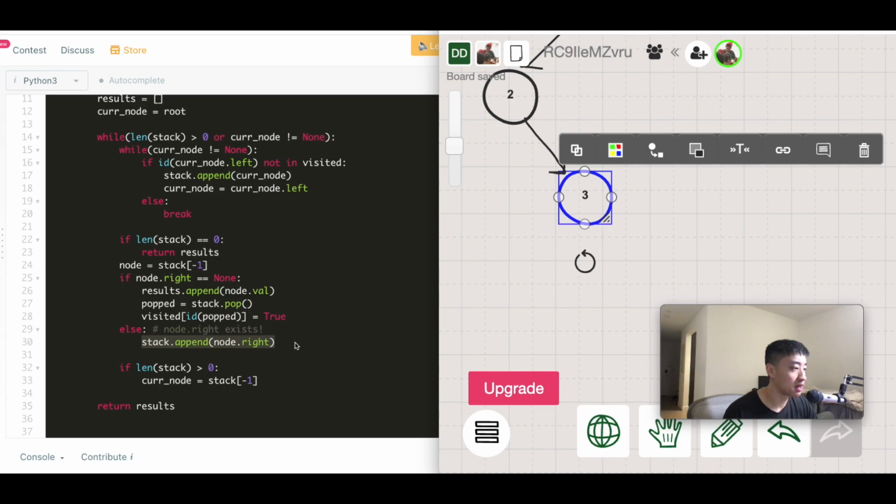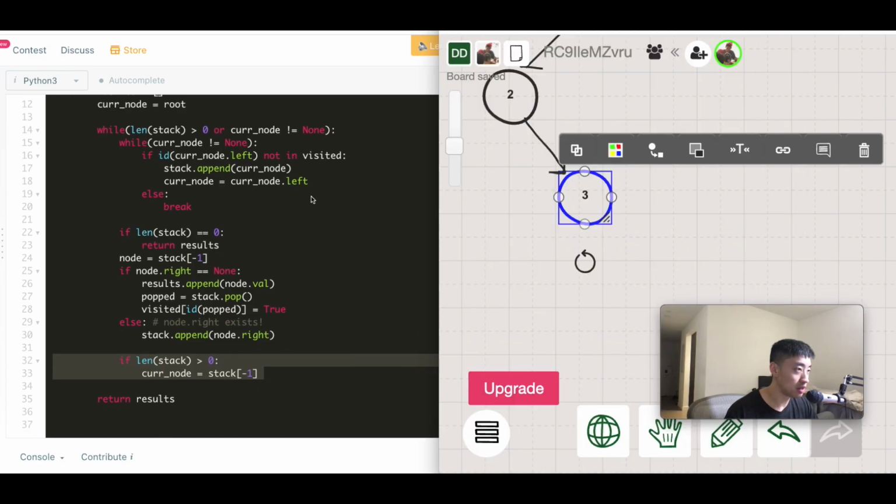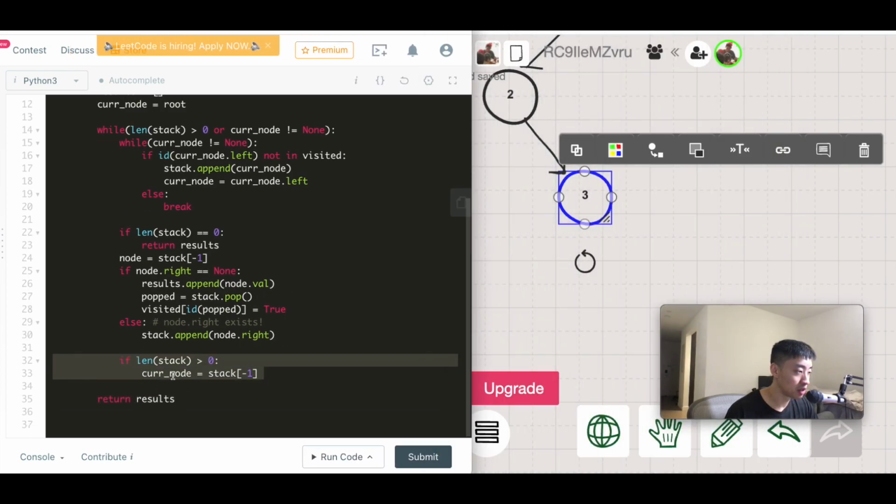Say we append to the stack, and let's say we've appended it. If length of stack is greater than 0, which it is, then current node is, let me make this smaller so I can click into both. Current node is going to be pointing to 3 in this case. I'm skipping ahead a little bit, I didn't fill out all the values in the variables earlier, but starting off from 3, current node is 3, and then while current node is not none,